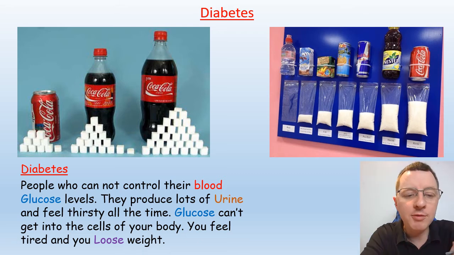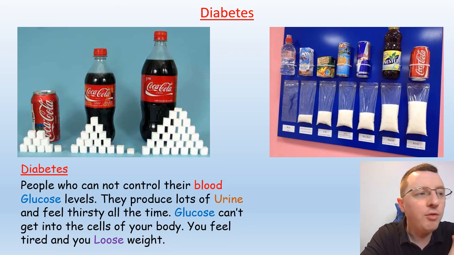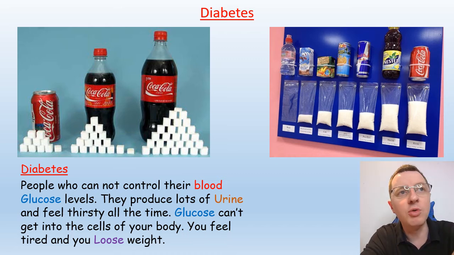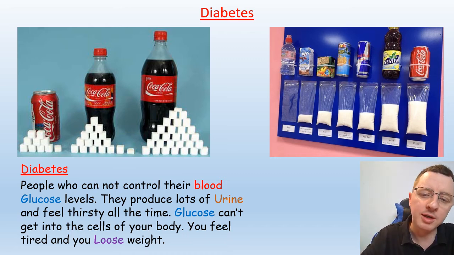So if you have diabetes, then you are a person who cannot control your blood glucose levels. You'll produce lots of urine and you'll feel thirsty all the time. The glucose can't get into the cells of your body, so you will feel tired and you will lose weight. Often this will be a result of two different factors. If you've got type 1 diabetes,